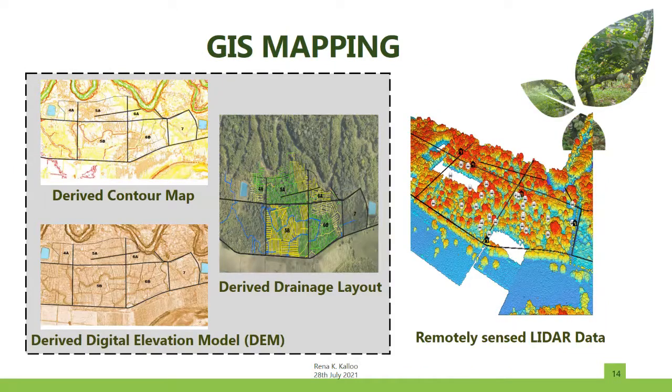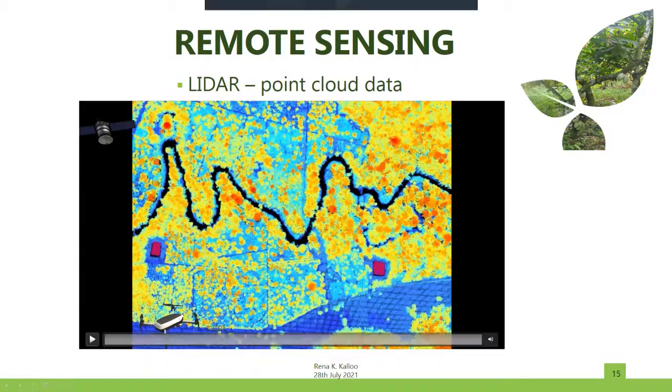Next, we used remotely sensed LiDAR data to collect these images. We derived a contour map, digital elevation model, and a drainage layout. LiDAR is light detection and ranging. That is where imagery is taken from a plane that uses specialized sensors, and they emit light pulses to the ground and then retrieve the signal to determine the height and location of the objects on the surface of the globe. I will just play a short 40-second video that will show how the